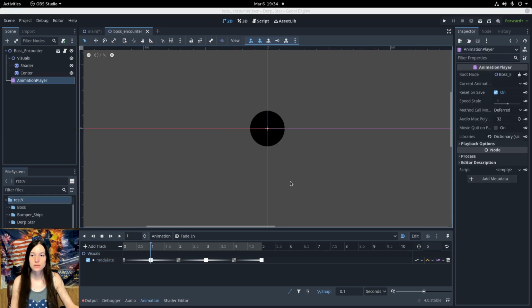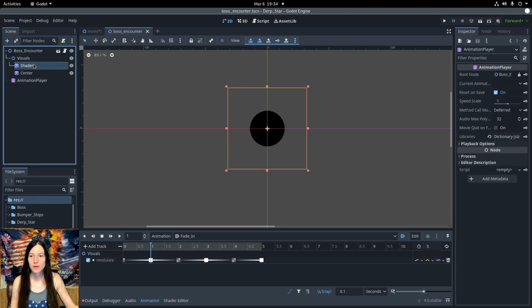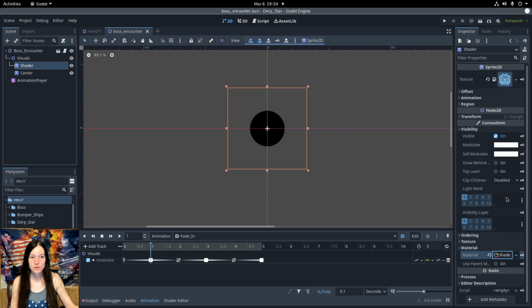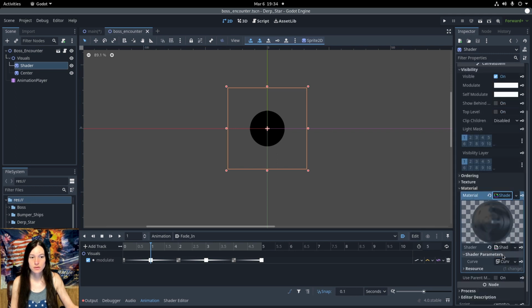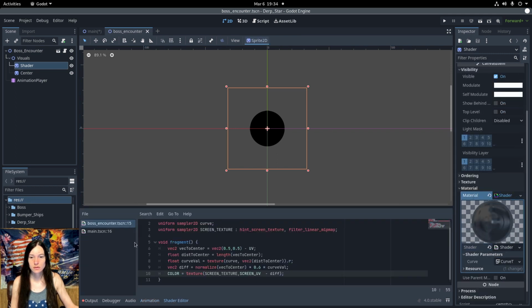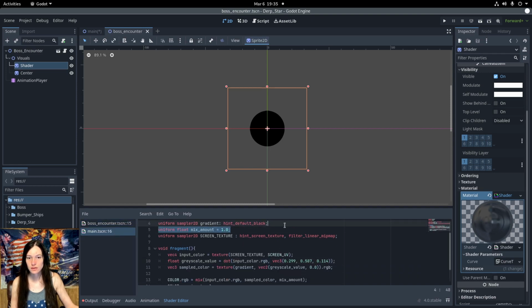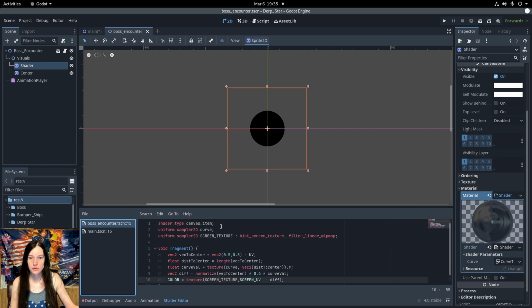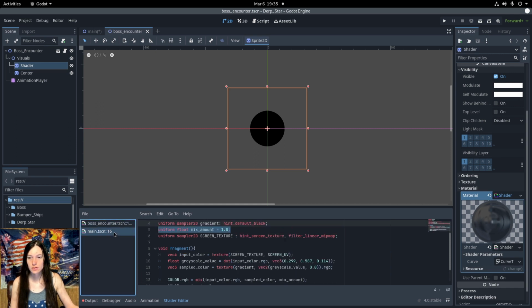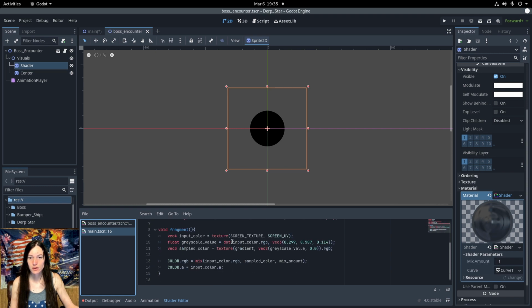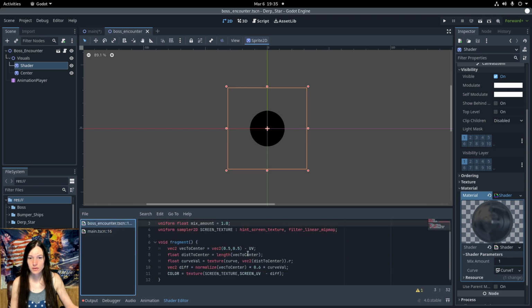the shader. So I'll open up the shader script and copy the mix amount from the boss flash, which is a float from 0 to 1. Then I'll get my input color,